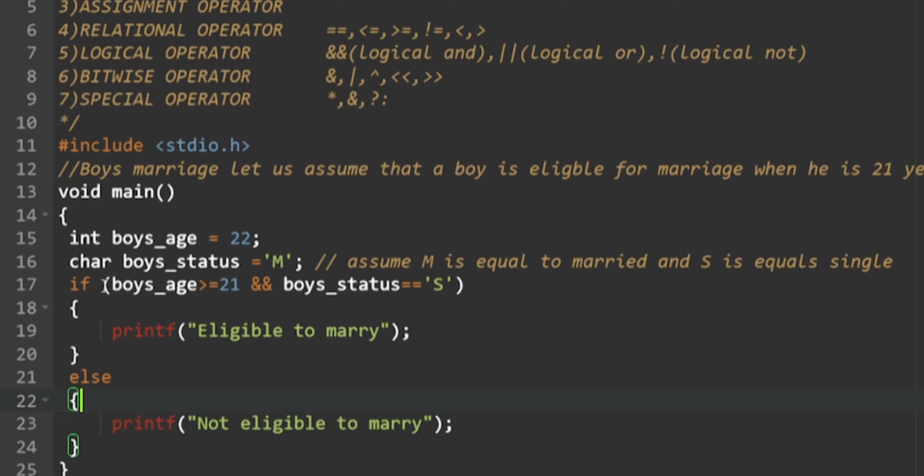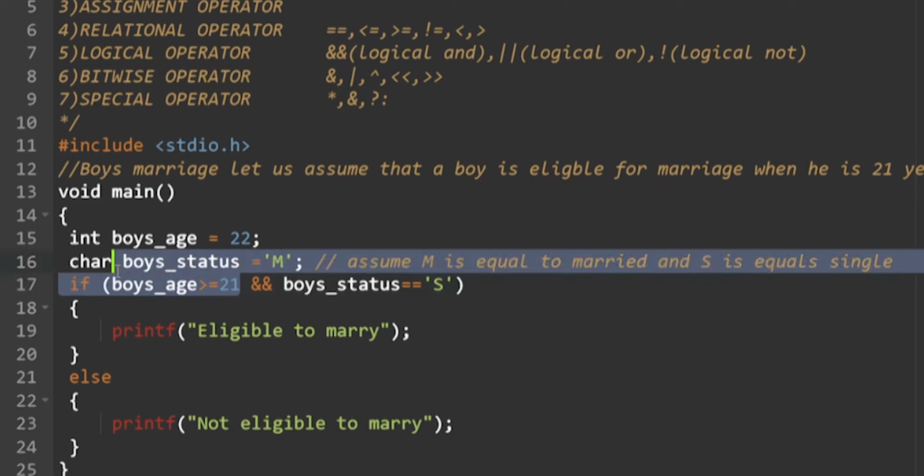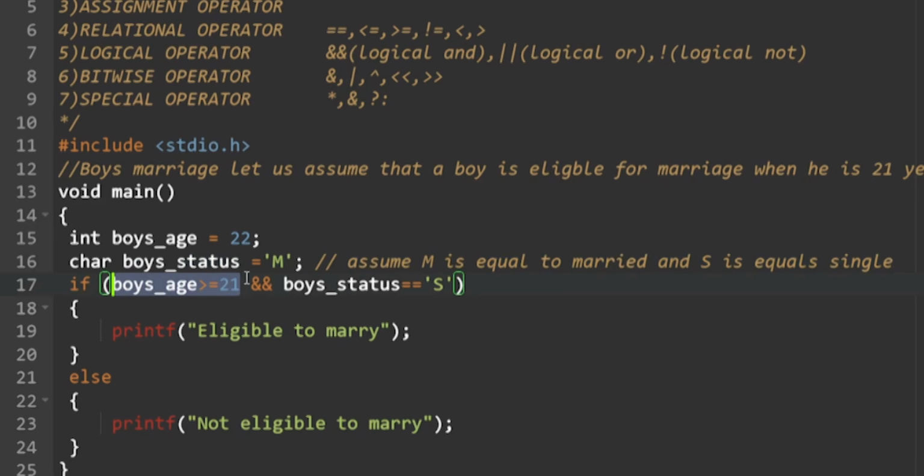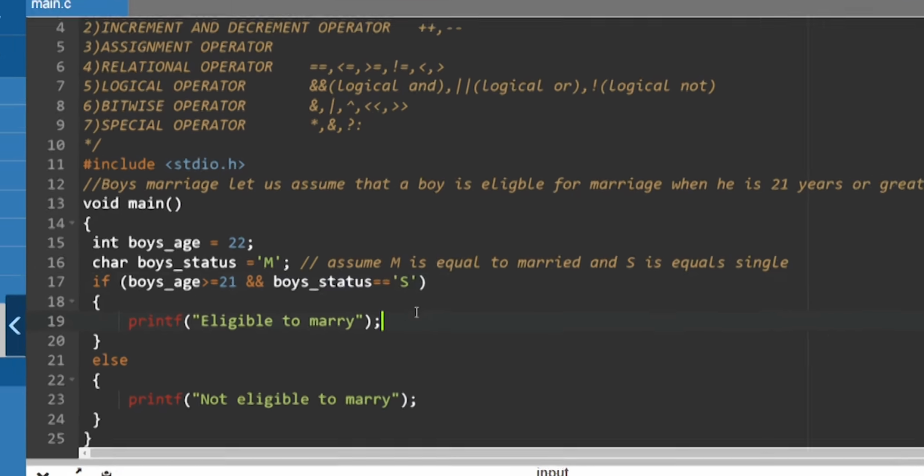Here I am checking a condition. As I said, the boy's age must be greater than or equal to 21. As you can see, I have given this condition: boy's age greater than or equal to 21, and I am using the double ampersand symbol, which signifies the logical AND. And boy's status double equals S, which means the boy's status must be single. So if I run this code,